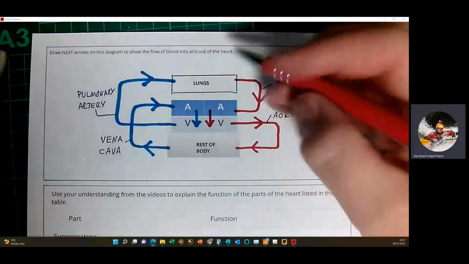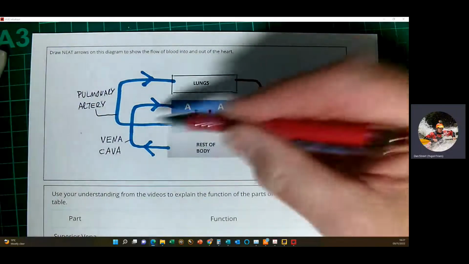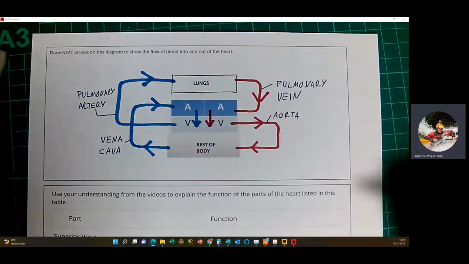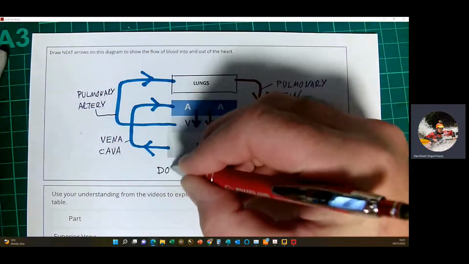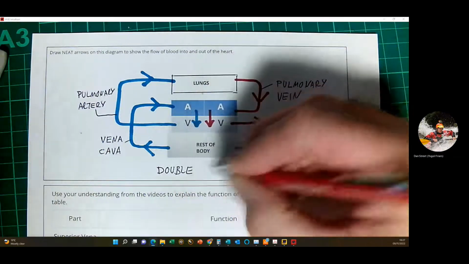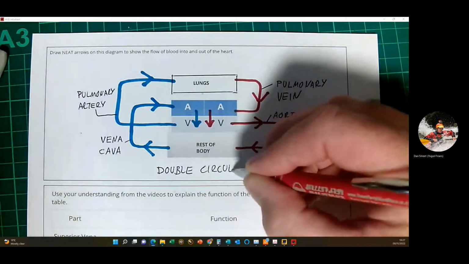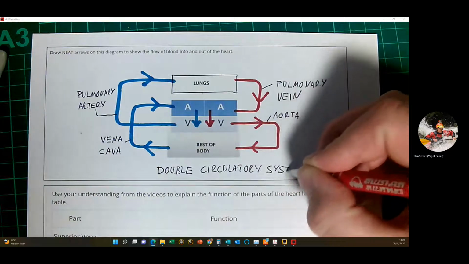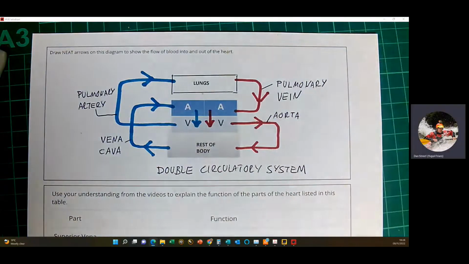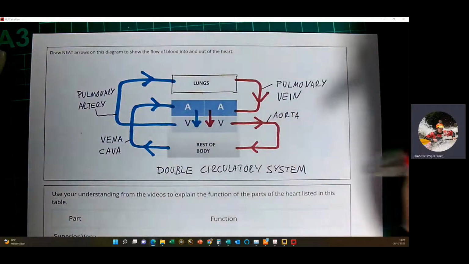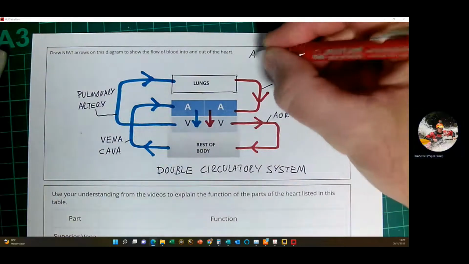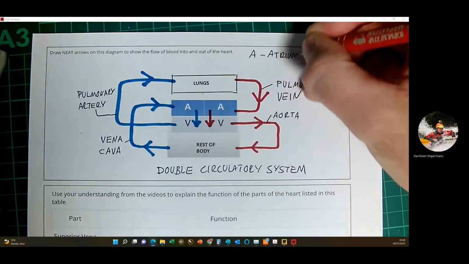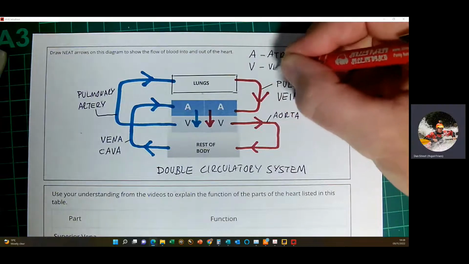Okay, and the fact that the blood passes twice through the heart on its journey around the body is why we call our system a double circulatory system. Okay, and we could add a few labels here. So A means an atrium, V is for ventricle,